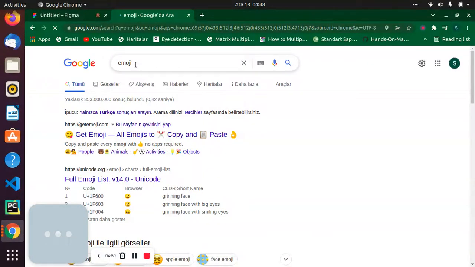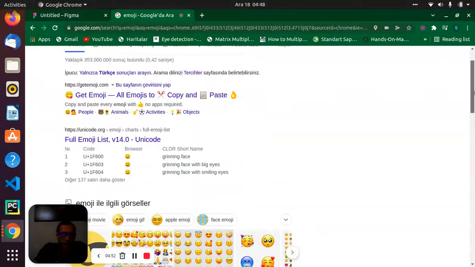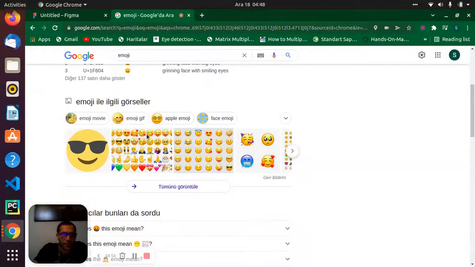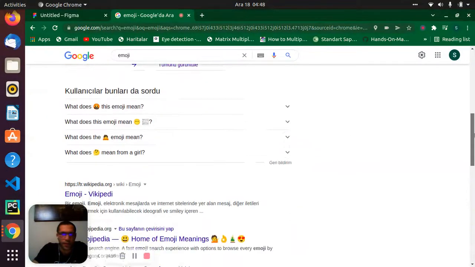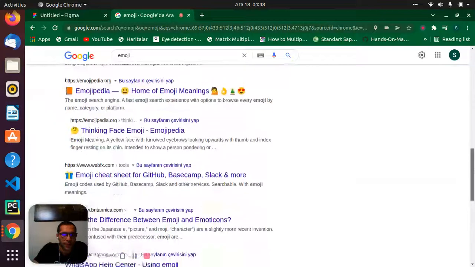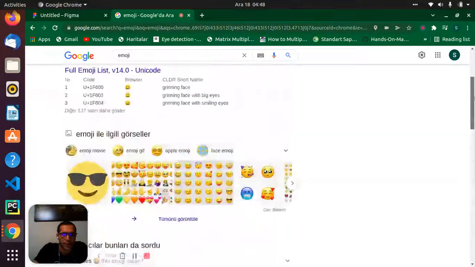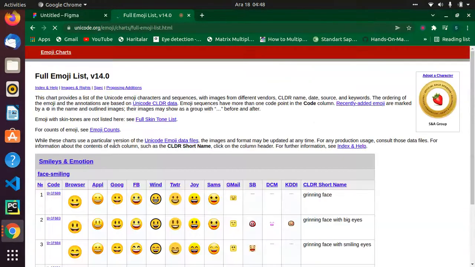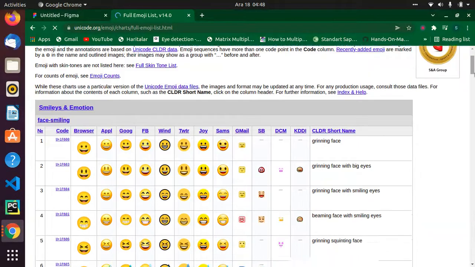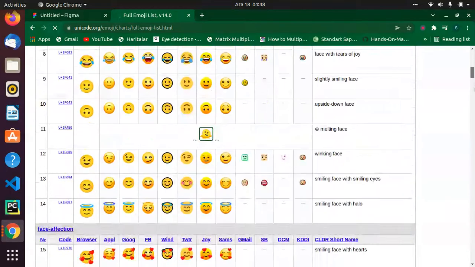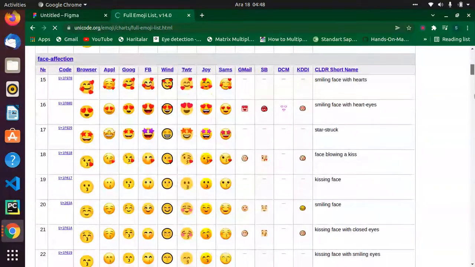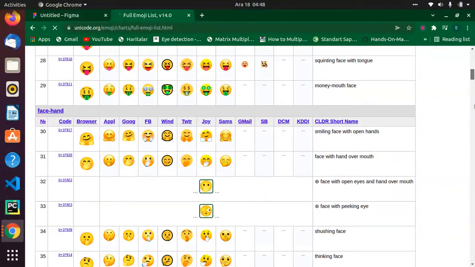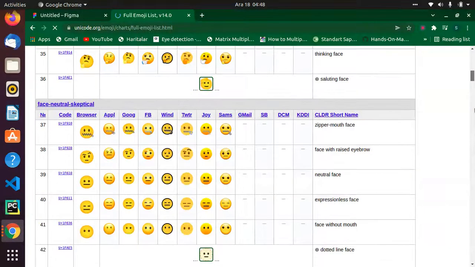We can take them from a list of emojis. Have you seen this Unicode system? Anyway, we will speak about these emojis because our subject is related to this.